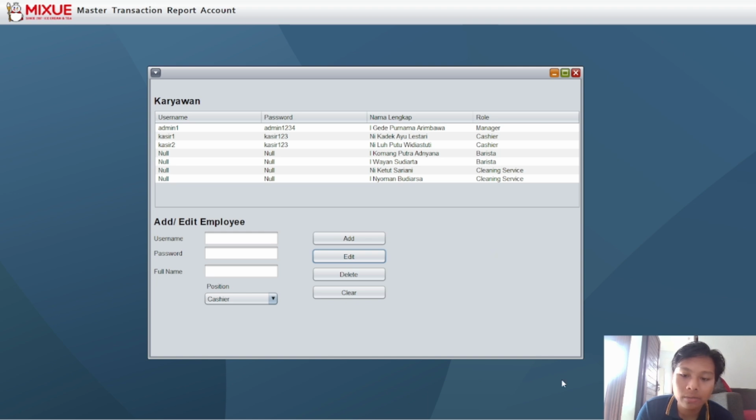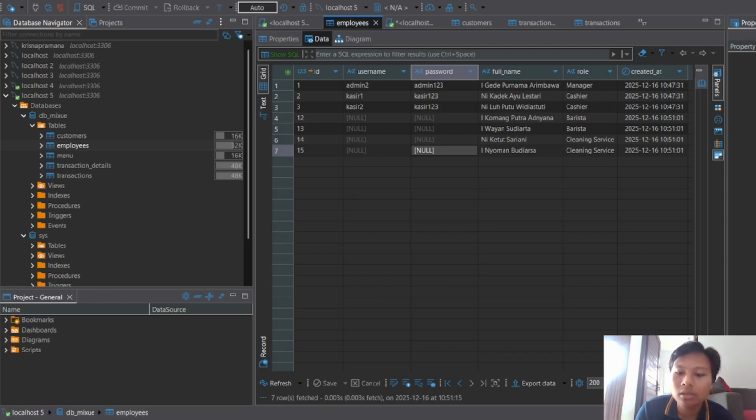As we can see in the database, before we reload, the username is admin2, but if we refresh, the admin will change, admin2, and the password is admin1234. That means the database is connected.